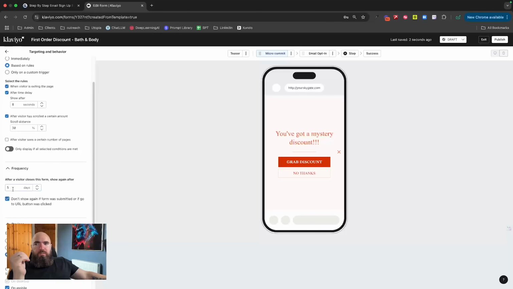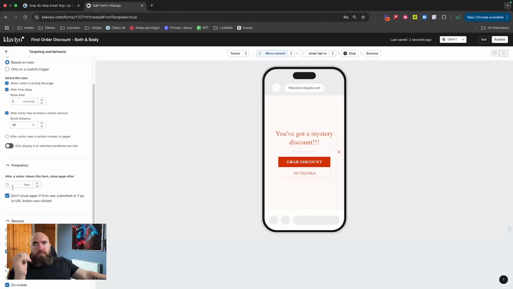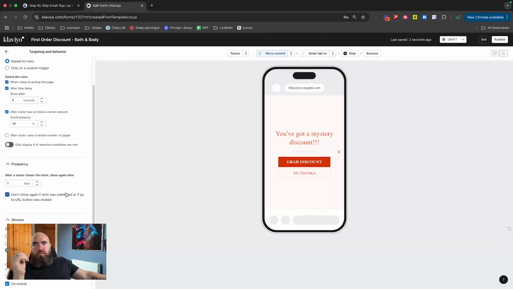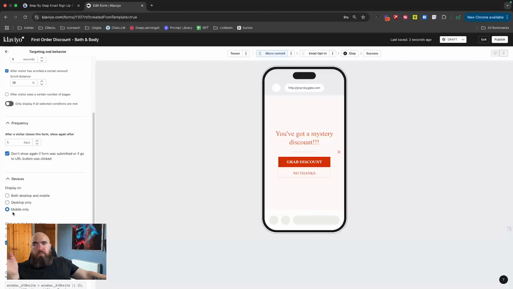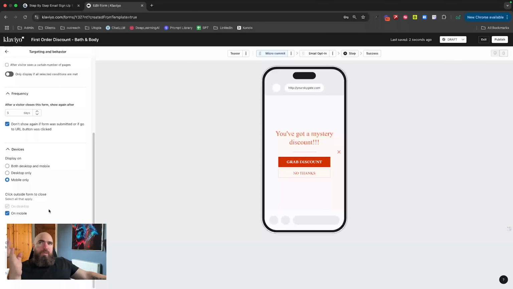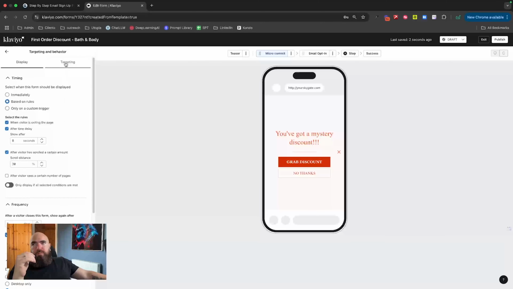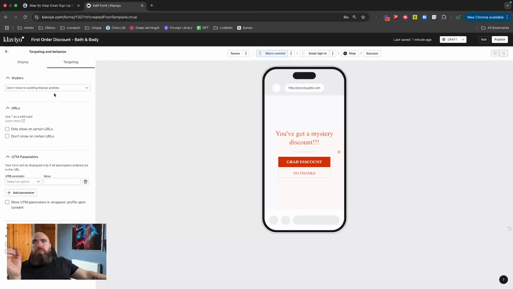Sure, a few days later, why not, in case they do come back. And then obviously don't show again if the form was submitted or the go to URL button was clicked, so keep that on. Now, we're doing this as a mobile only one, because we want to make it a little bit easier. In terms of targeting, what we don't want to do here is show to existing Klaviyo profiles,